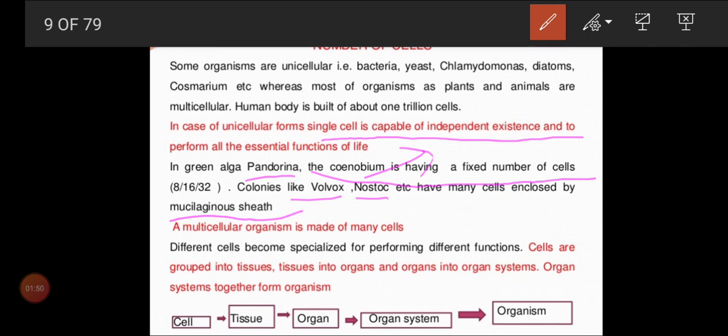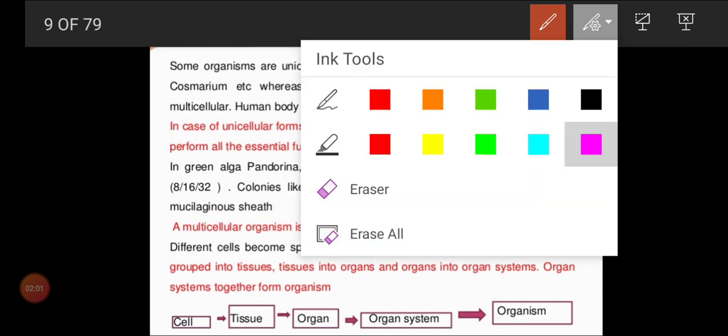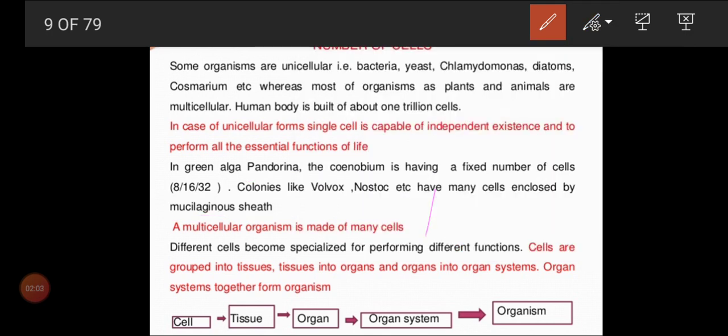So here you want to remember two concepts. Either a single cell will contain many nuclei. This is coenobium. A single plant cell is having more than one nucleus, so we can call it coenobium. They have a single cell, and within that we can see many nuclei. And the second group is